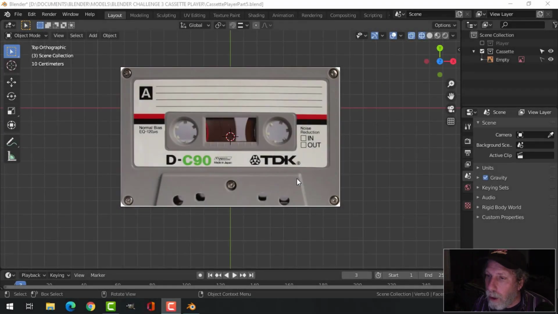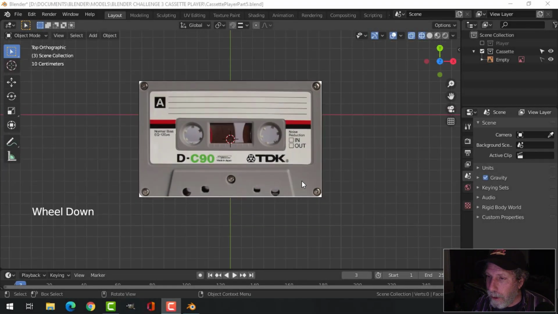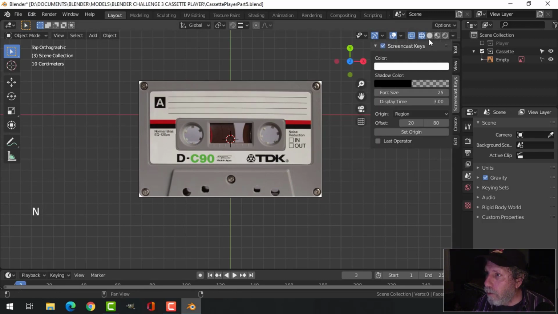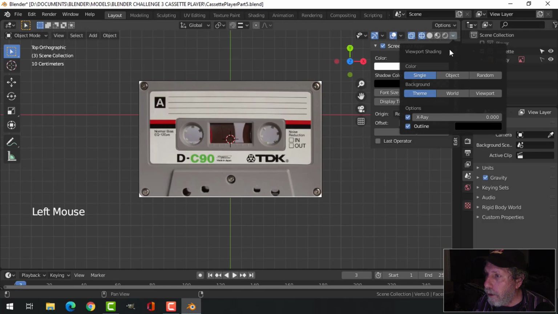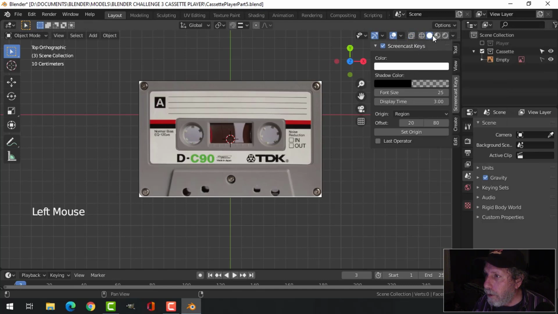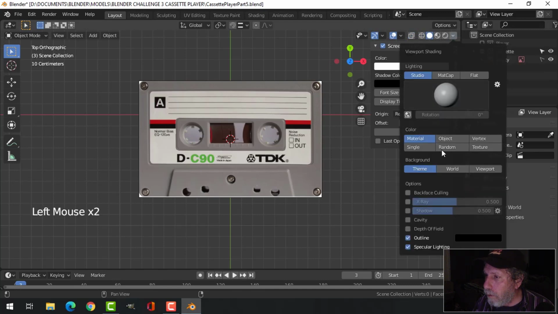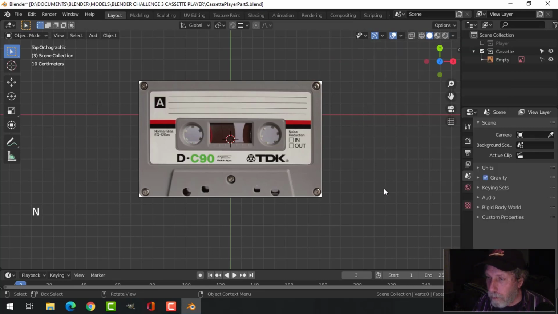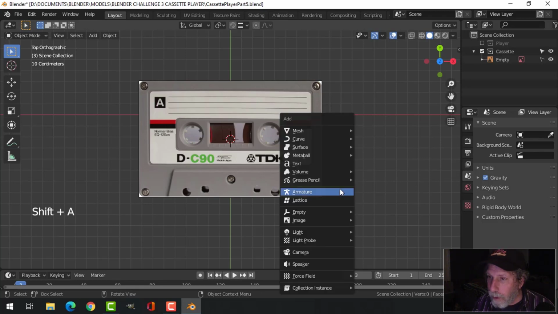Hey everybody, let's model a cassette, and I'll be using this for my cassette player. Okay, so here we go. First of all, I am going to turn on over here. Let's go for random colors. All right, I've got a TDK cassette right in the middle of my screen here where I need it, and